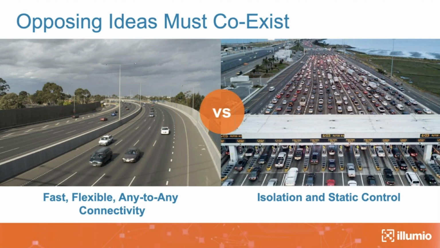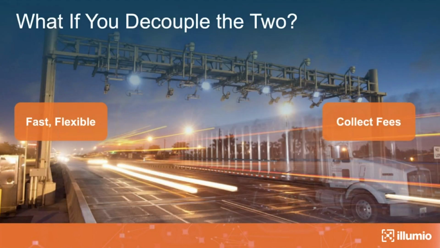Your freeway is like your network, and your toll booth is like your security. Now, both these diametrically opposite ideas have to coexist. And we, as a society, solved that problem. How did we do that? By decoupling the two. We decouple the driving on the road aspect from collecting the tolls. What we did is we put an overlay, which is the transponders. So drive as fast as you can, and the transponder will read the information, and we will collect the toll. So we have done this thing where both these opposing ideas can coexist, and life is good.